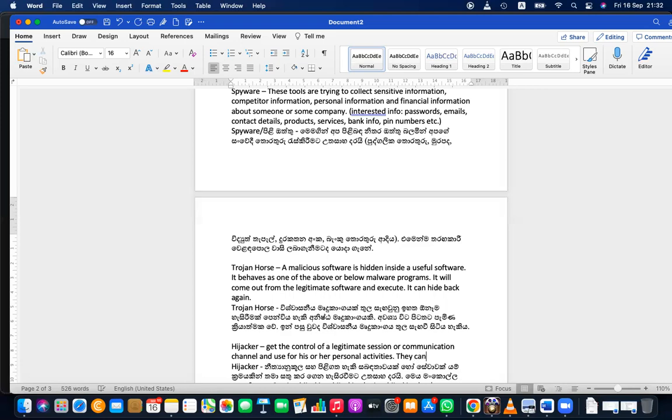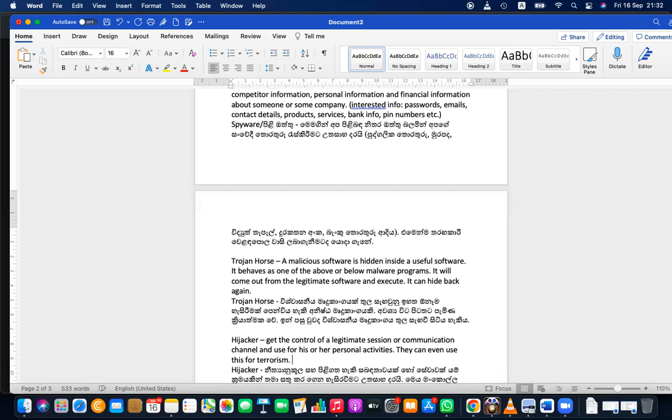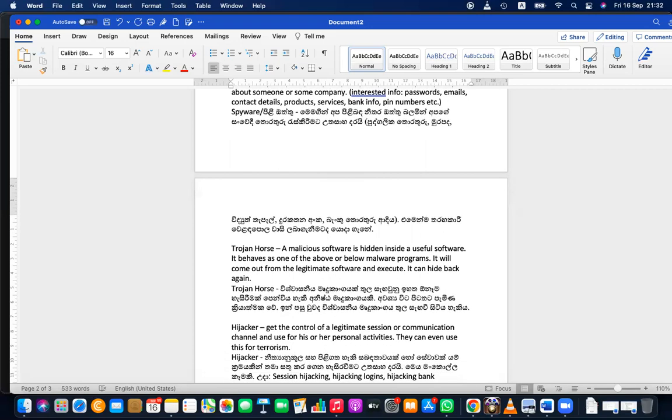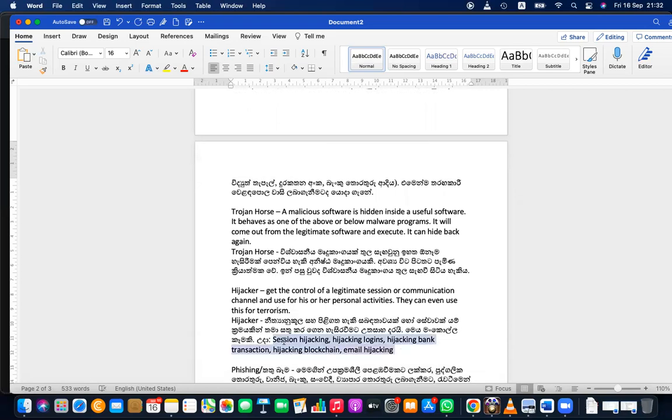They can even use this for terrorism. So you can say these are some hijacking examples.